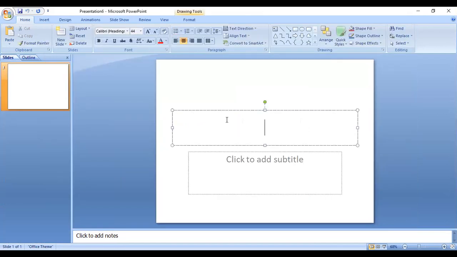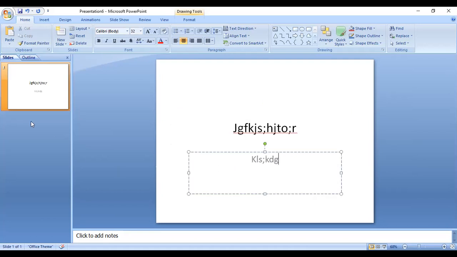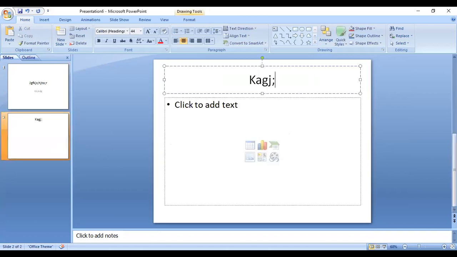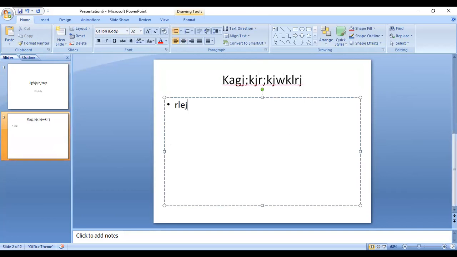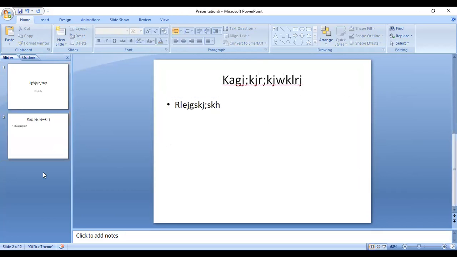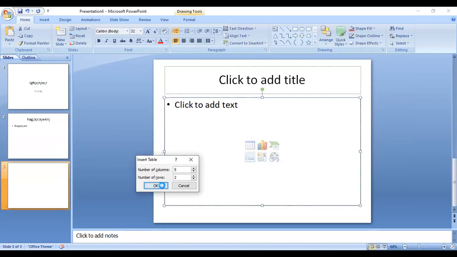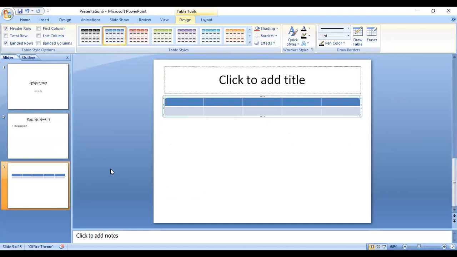Here you have to click on this so that you can give the title and subtitle to the PowerPoint. Then after right clicking, you can add the new slide here. You can write down the titles and the options for that particular slide. Then again, you can add a new slide. You can add graphs, columns here. Like this way, you can add to the presentation.